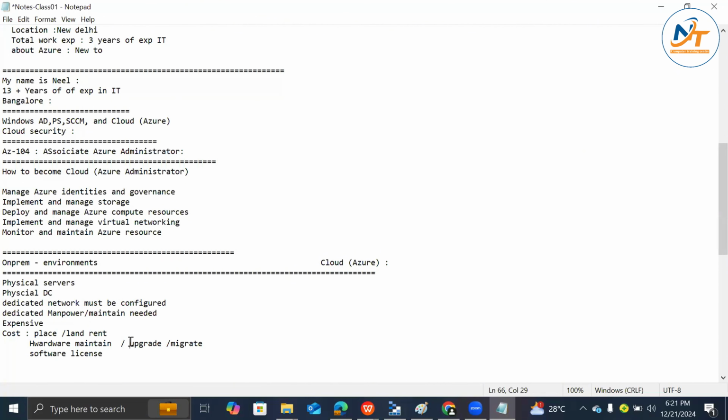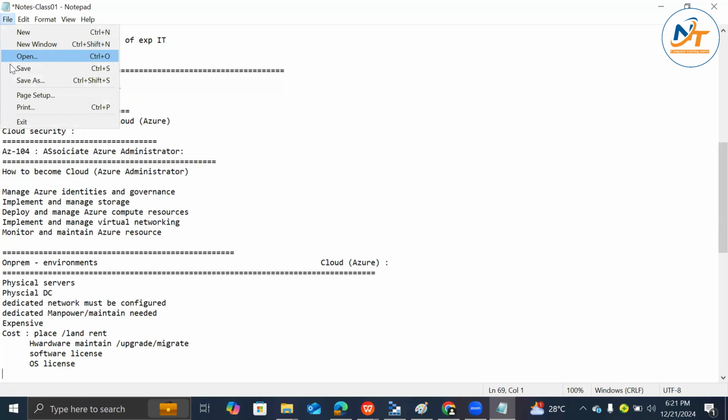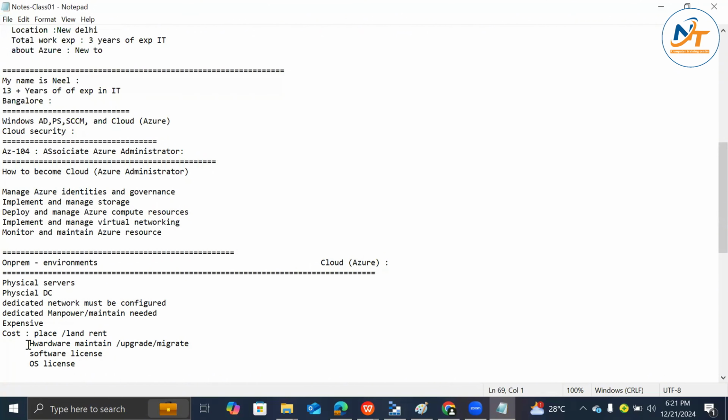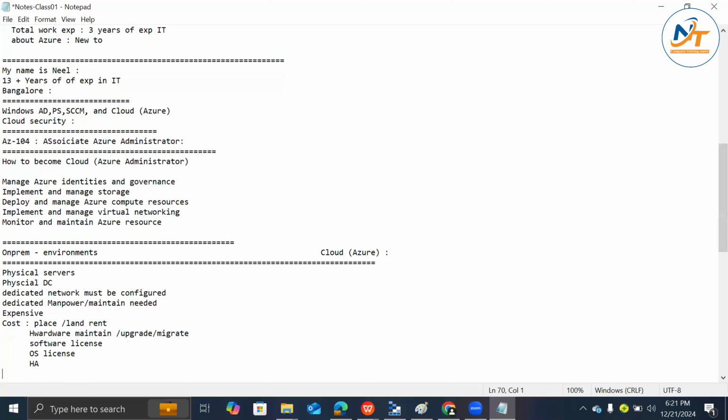These are all headaches we are having, and a huge cost would be involved, right? And the operating system license also has to be considered, right? And ultimately we need to think about, if anything is impacted in the critical applications, critical databases, critical servers, how soon we can resolve it, which is called high availability, right? Keeping this in mind, there are a few disadvantages, a few limitations we face in day-to-day operations activity,